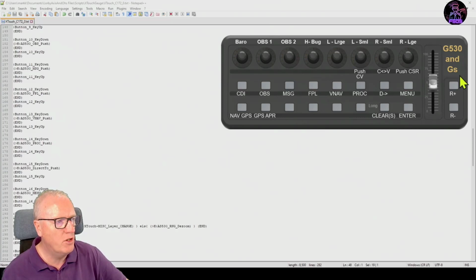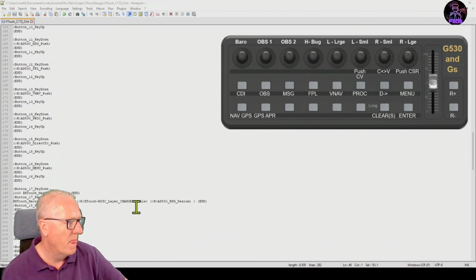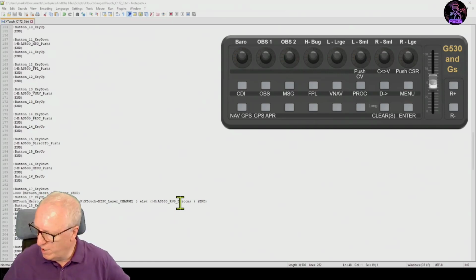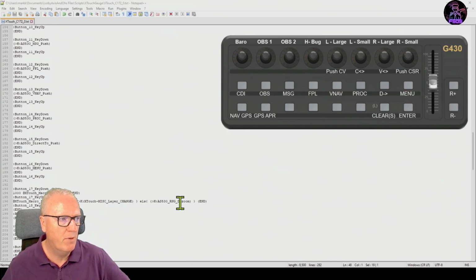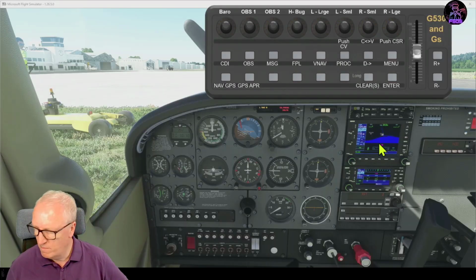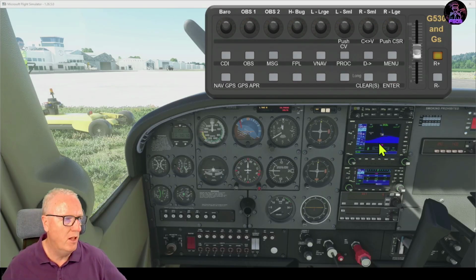There is a special function reserved for button 17. A short click changes the layer and it decreases the layer one. A long click changes the zoom factor on the 530. So a short press on that button will take me up a layer, and already I'm in the root layer. So if I press the top button once, it does that. Okay, so the long button is going to decrease the zoom if a long press,